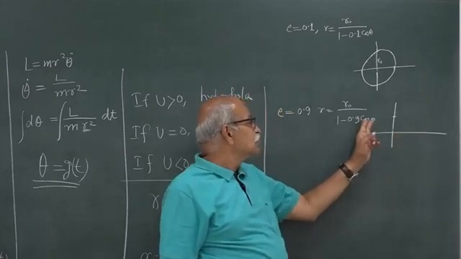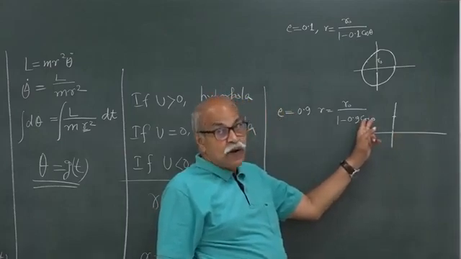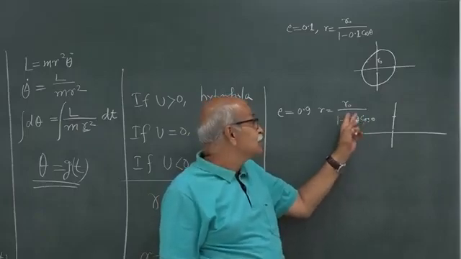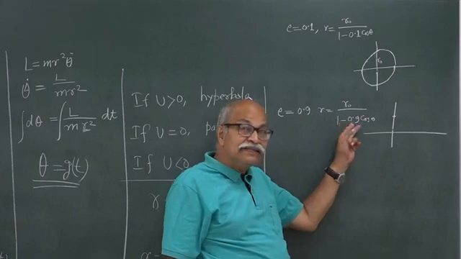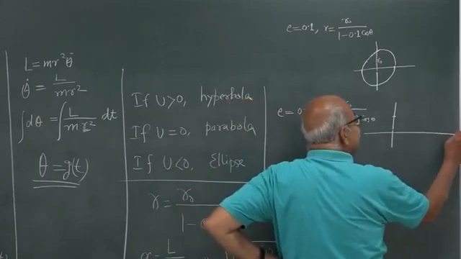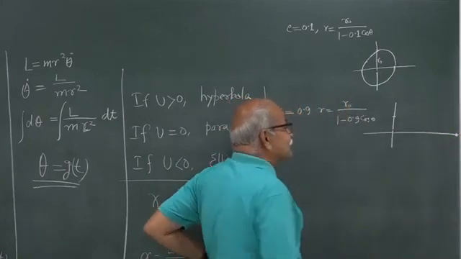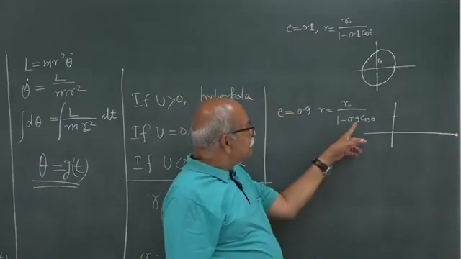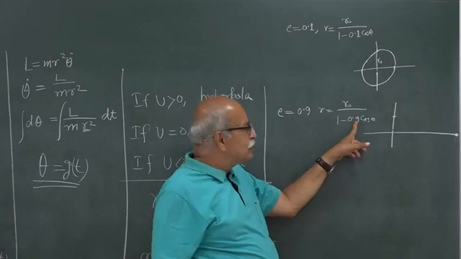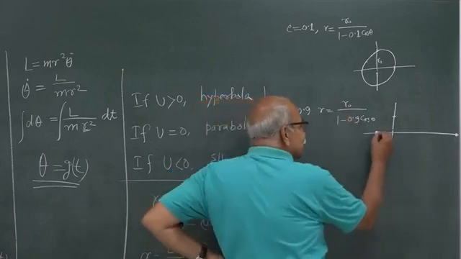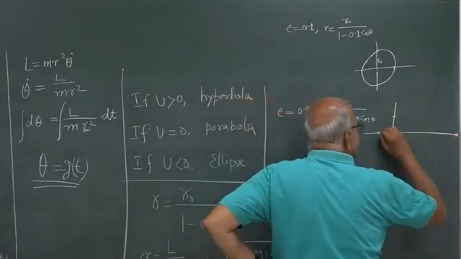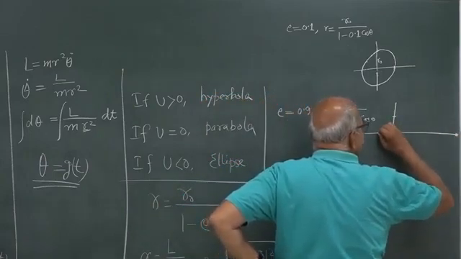If theta is 0, cos theta is 1, and 1 minus 0.9 is 0.1 only. So this is r naught divided by 0.1, 10 times r naught. So you have a point at a very large distance here, and on the other side, if theta is pi, this will be 1 plus 0.9, very close to r naught by 2. So another point is here. So now you can see, you can write this as